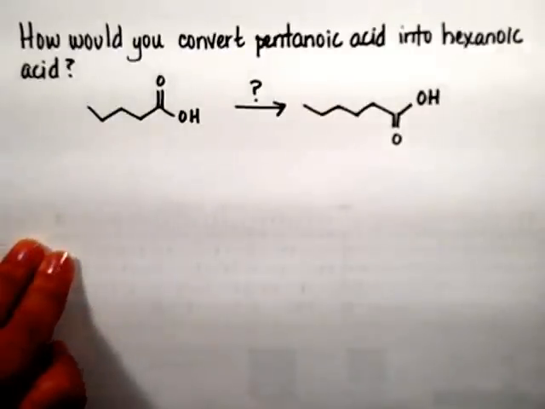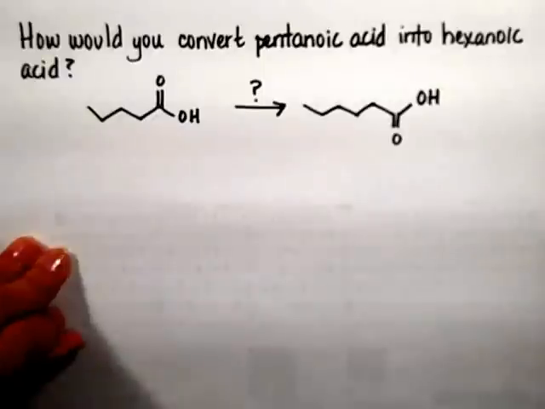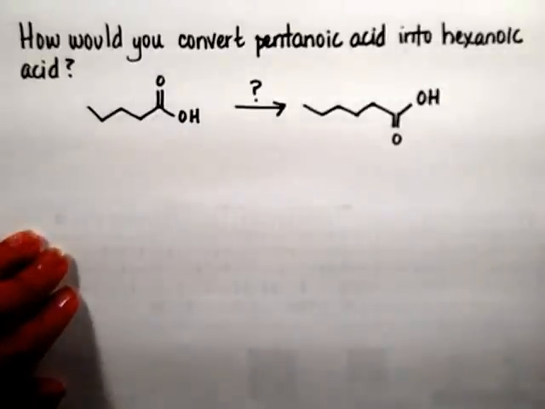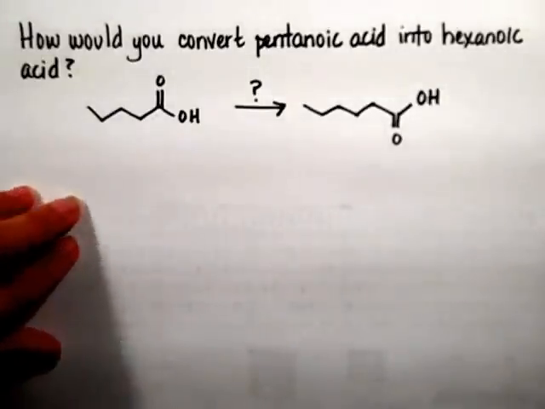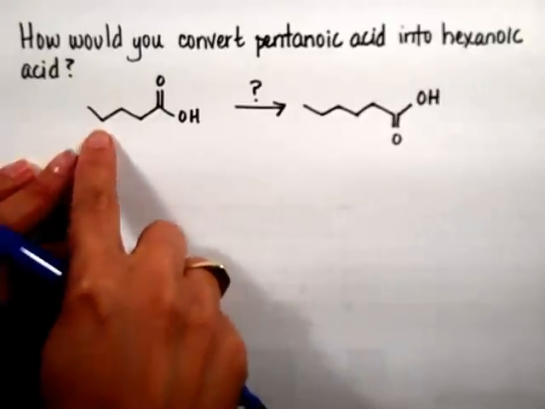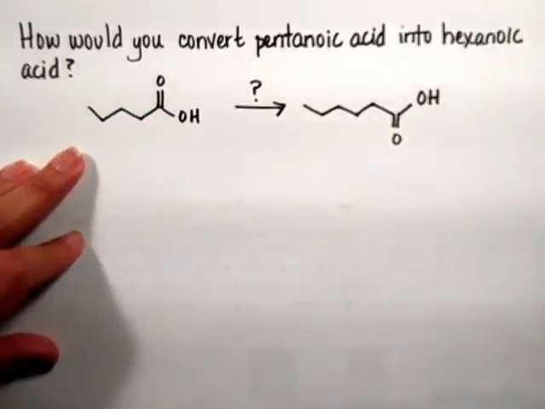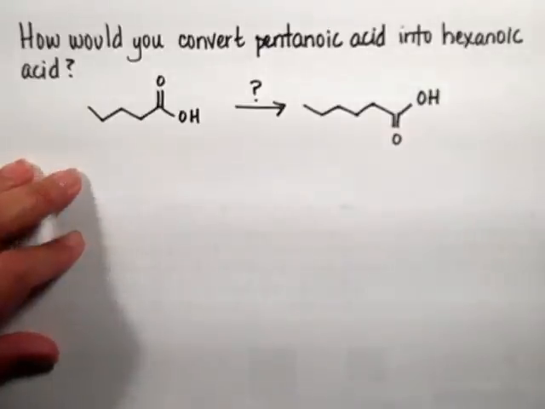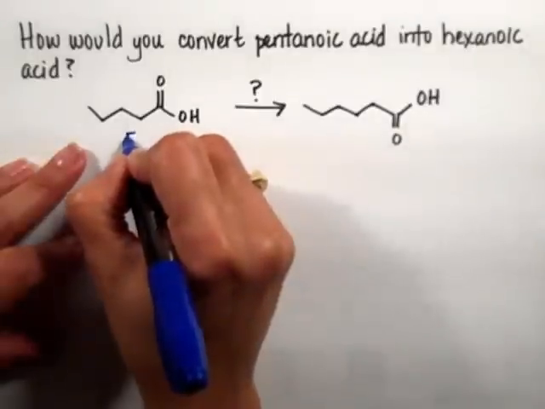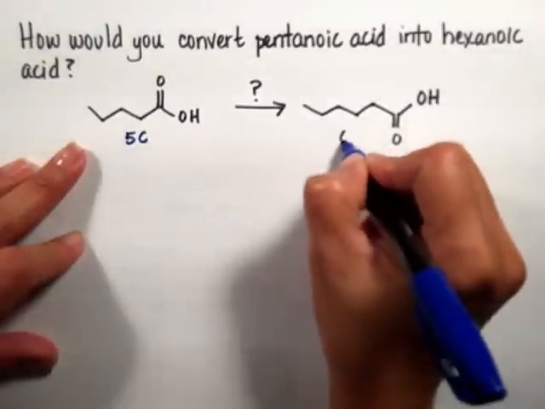All right, this is a big problem right here. How would we convert pentanoic acid into hexanoic acid? So what we're doing is that we're starting with 5 carbons and we're increasing the number of carbons to 6, just 1 carbon difference. So I'm going to put how many carbons we're increasing so that we know what we're